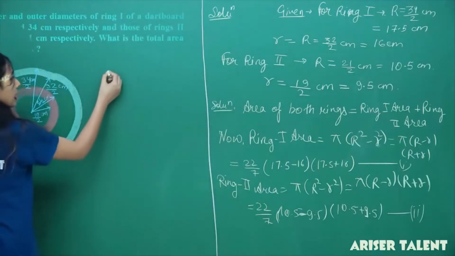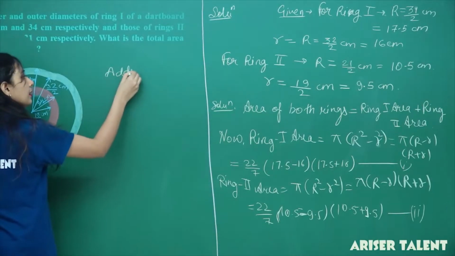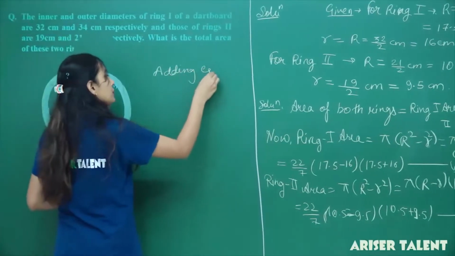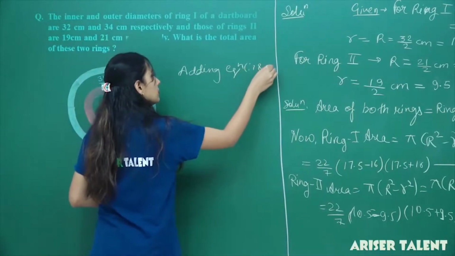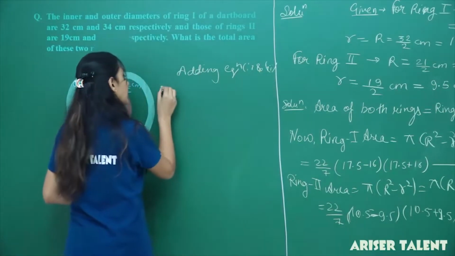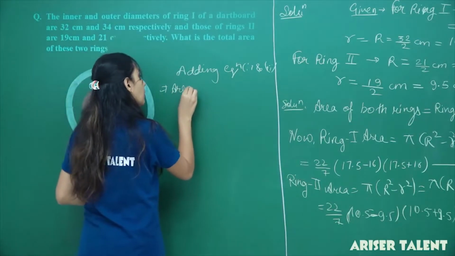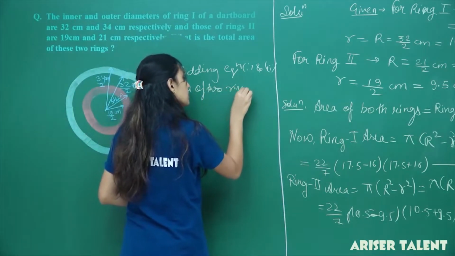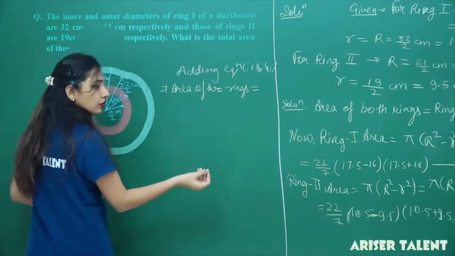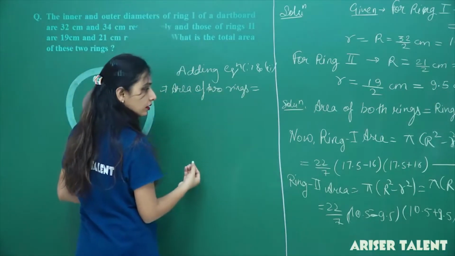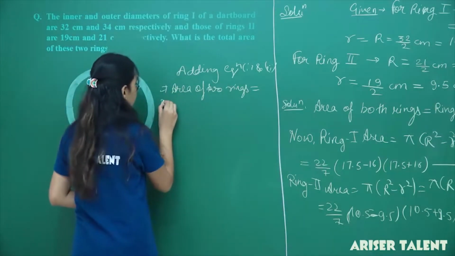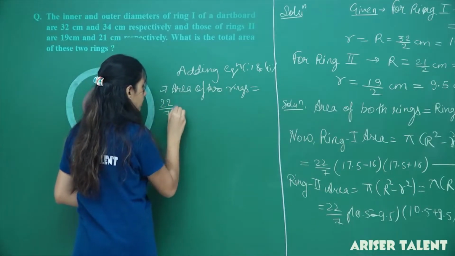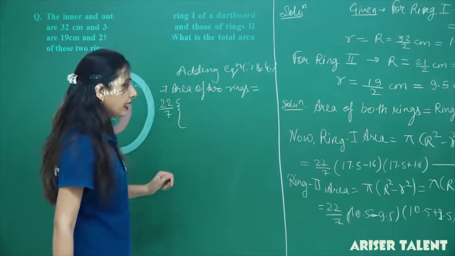Okay students, so now I can just add the first equation to the second. Adding equations 1 and 2 implies that the area of two rings equals what? 22 by 7 is common, right? 22 by 7, and in the bracket we will have